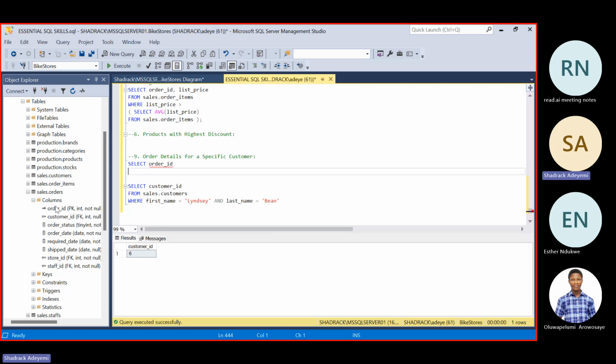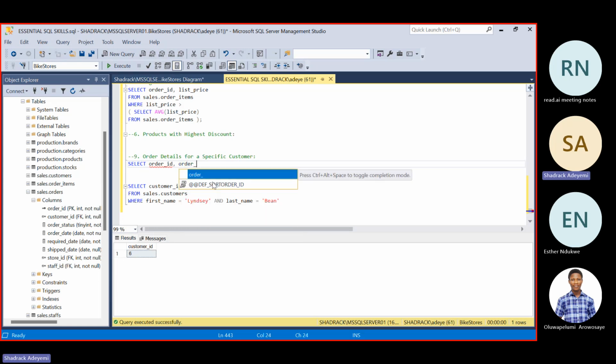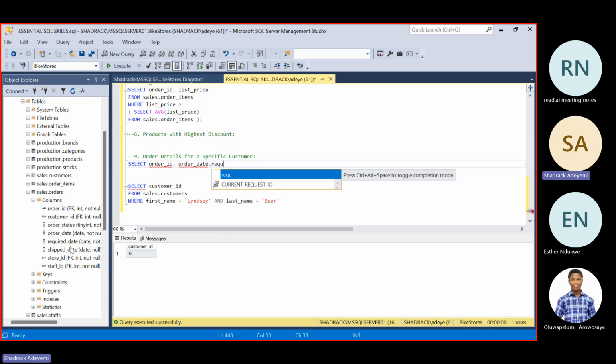Okay, so let's check it. Order ID. What other information do we think we should check? Order dates. Let's know the order dates. What else should we be interested in? Let's say required dates based on this information that we can see to the left. And then maybe shipped dates.